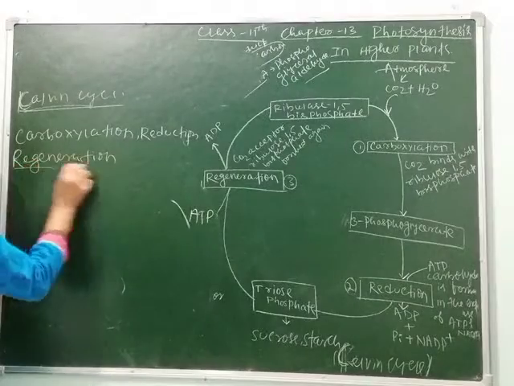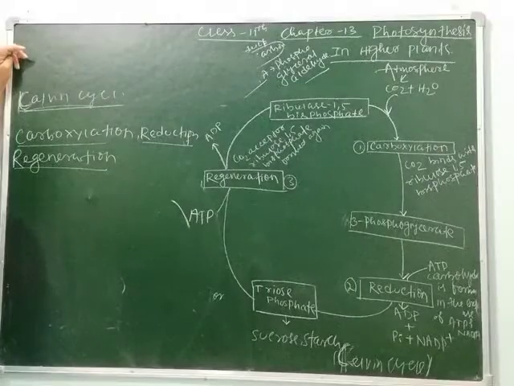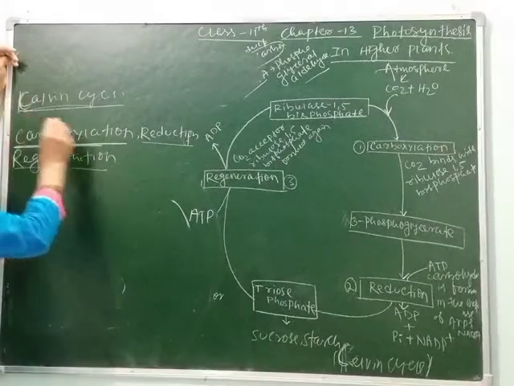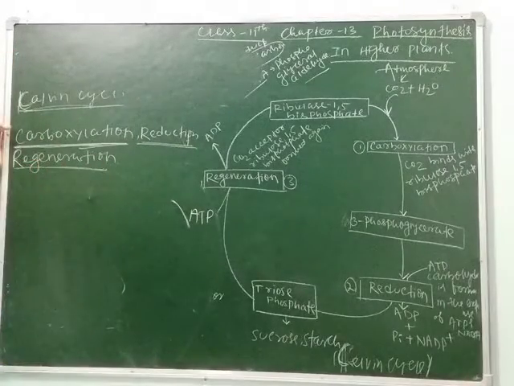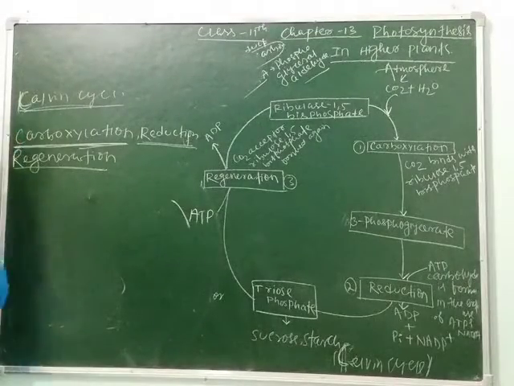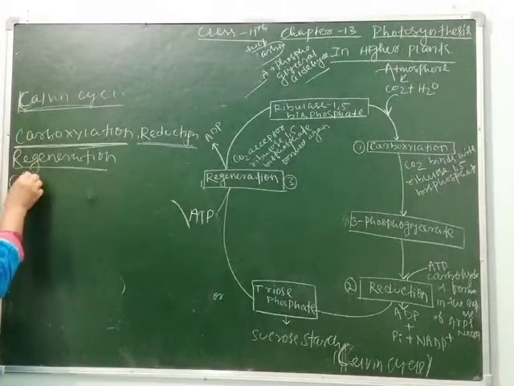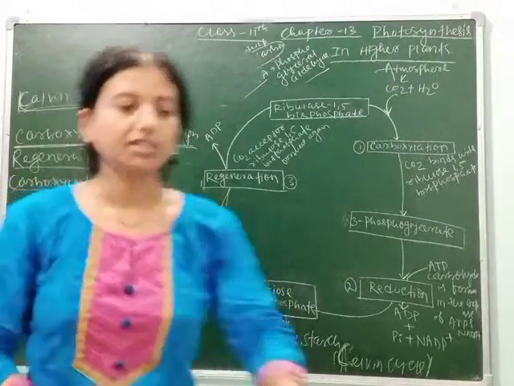This cycle is important, students. So let's understand. The Calvin cycle is also known as the C3 cycle, and it is completed through 3 major functions: carboxylation, reduction and regeneration. So now let's see what happens during carboxylation. As we know, carboxylation is the fixation of CO2 into a stable organic intermediate, and this is the most crucial step in the Calvin cycle. So what happens in carboxylation? We will understand what happens during carboxylation.